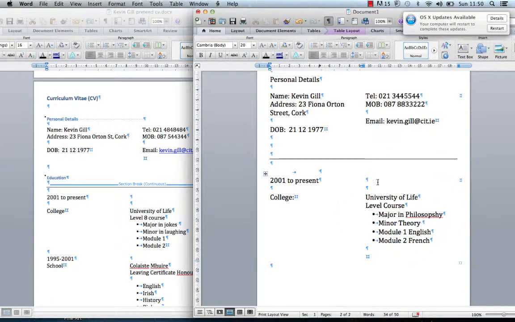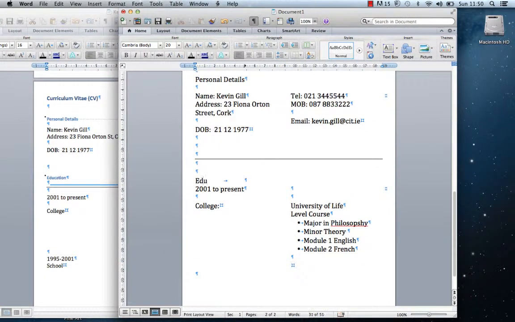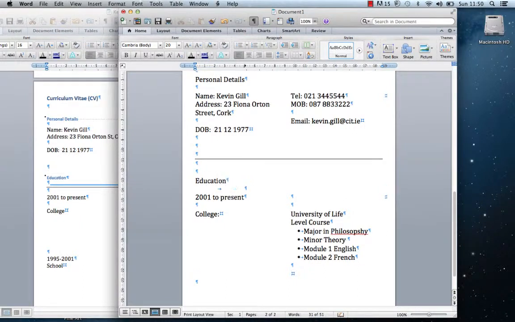information. Now, I'm going to do 3 or 4 of them because what we need is, sorry, I should have put education up here, I missed that out. Just to put that there, and I will come back to that in a second. But we need 3 or 4 of these. So there's different ways I can do it. I can just repeat what I've done, or I can copy that,